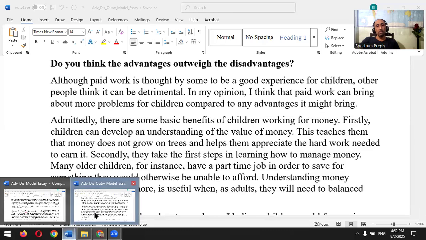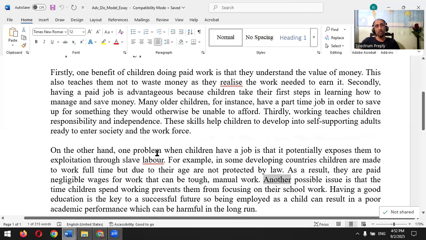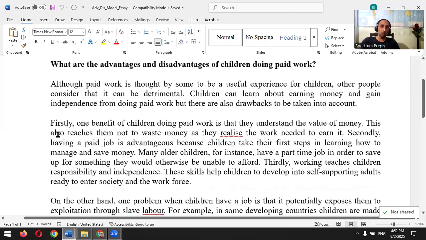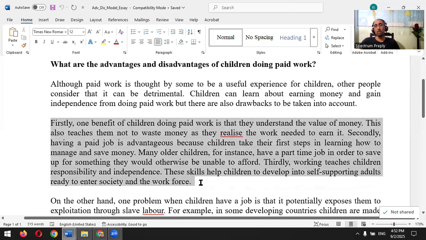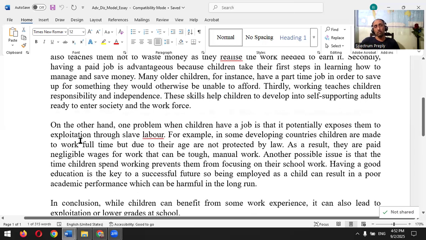But if you look at the first type of essay, you will not see this. You will see just a list of advantages and disadvantages. And in the second paragraph, as I said, you can see that the disadvantages have been just listed without any opinion given, but